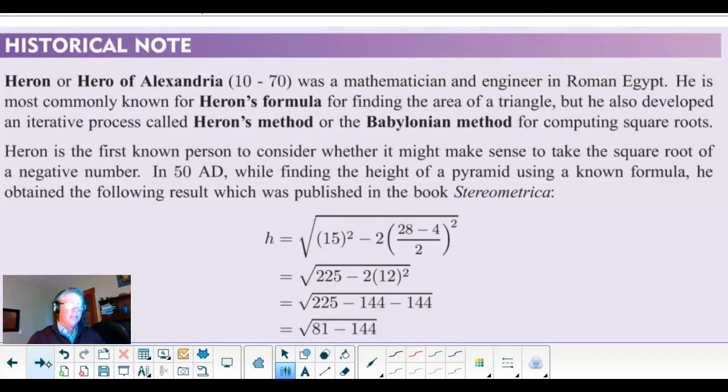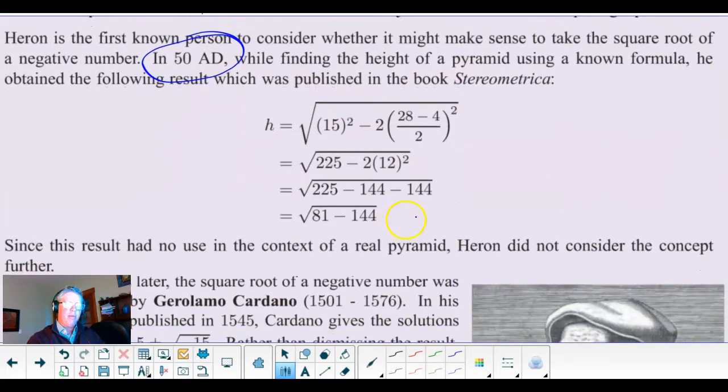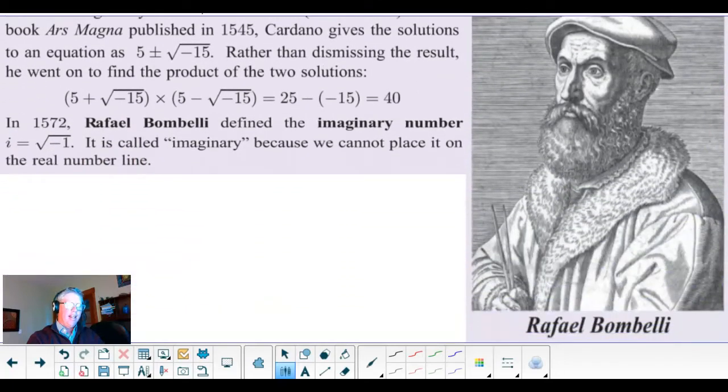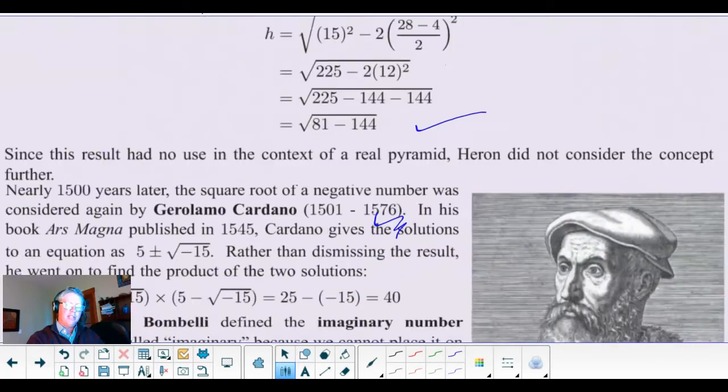So a historical note: complex numbers were kind of needed. The first time we have it is 50 AD. They came up with this. It's the correct mathematics. However, they see that it's not going to give them anything they can use on this particular pyramid, so they kind of leave it alone. Well, 1,500 years later,